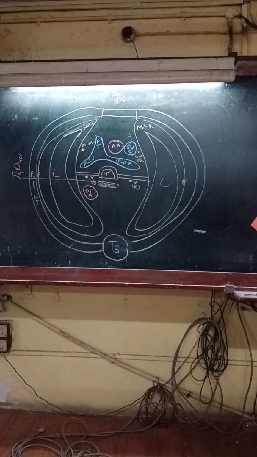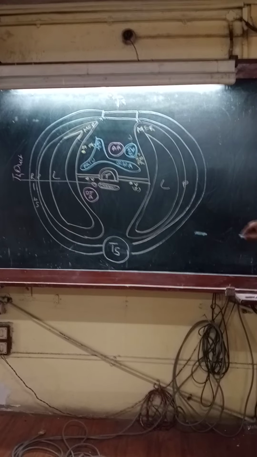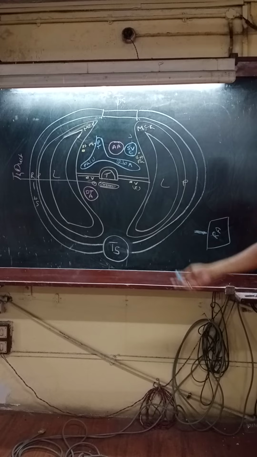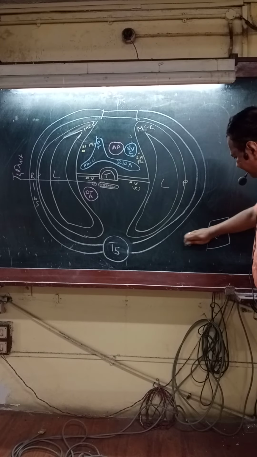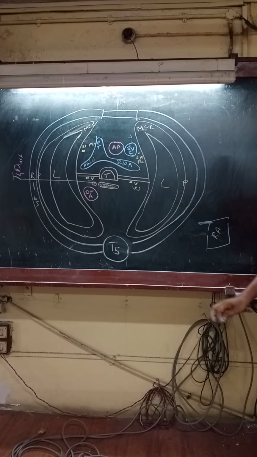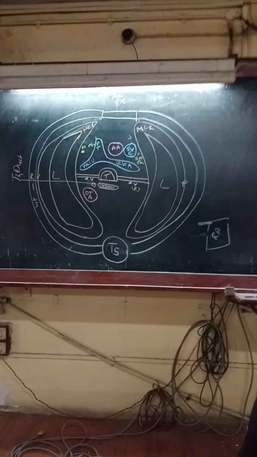Okay. The common cardinal vein is draining into now the right atrium. Right? It is draining into right atrium, because it drains into sinus venosus, which forms the right atrium.